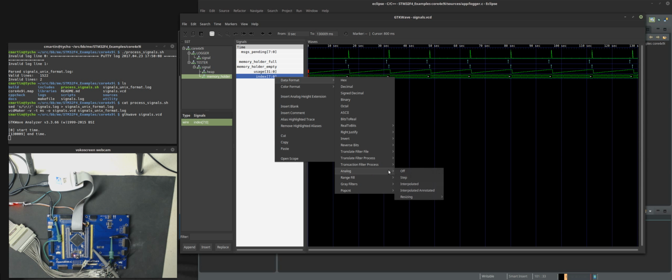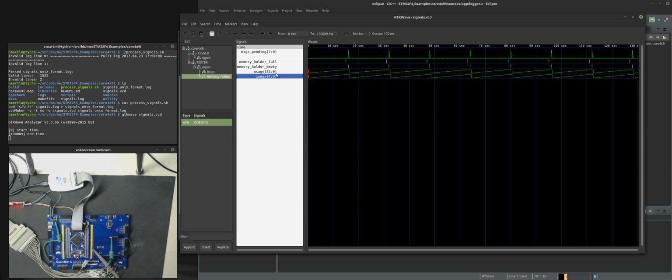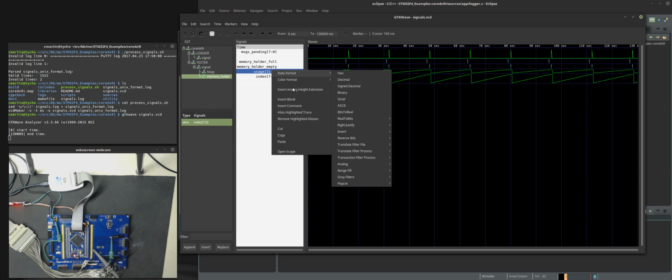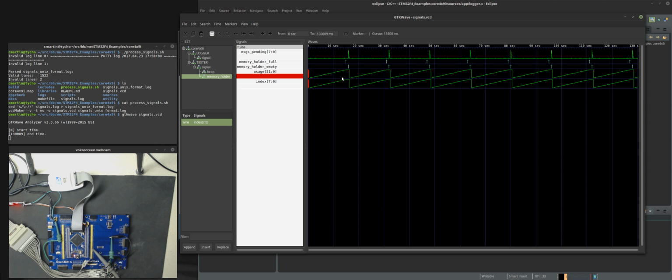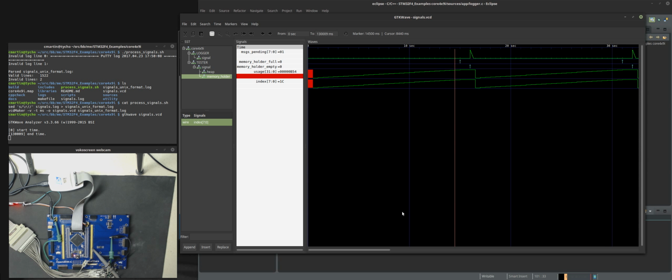When I do it right, you can see some patterns. But you'll notice that obviously as the index goes up, the memory usage is going to go up. And then you can see right here, if I was to zoom in here,